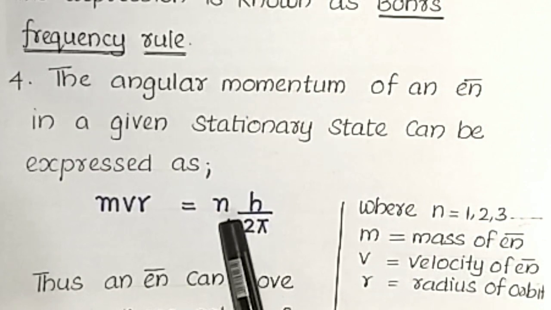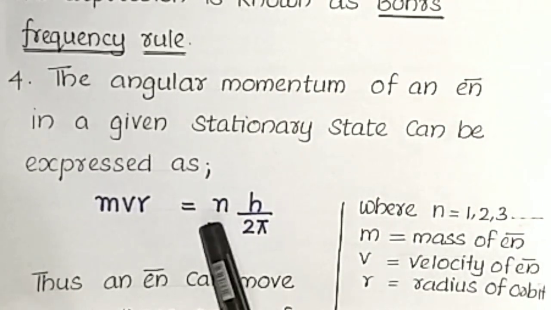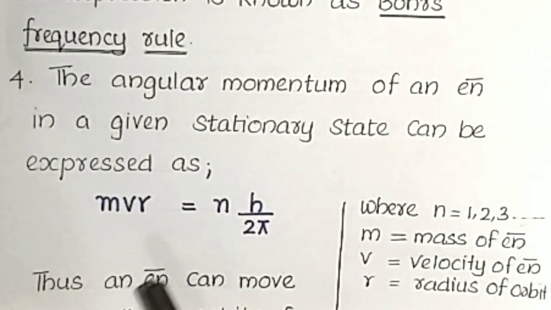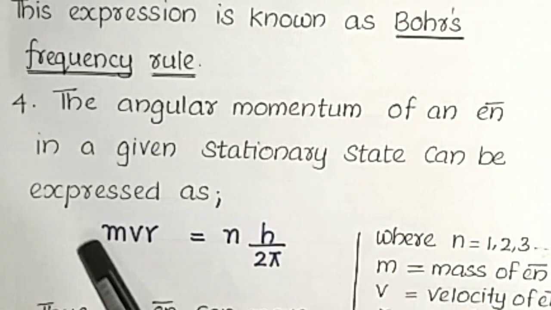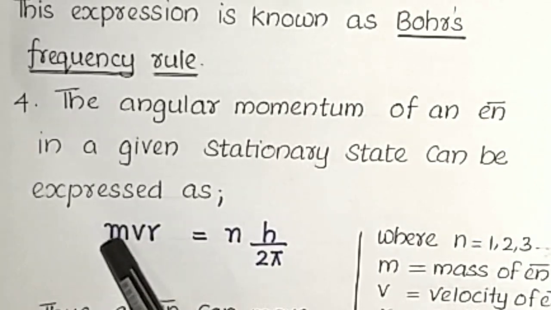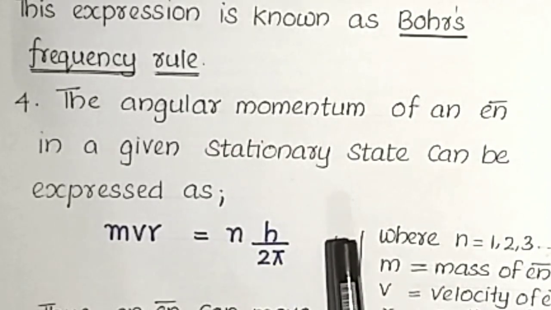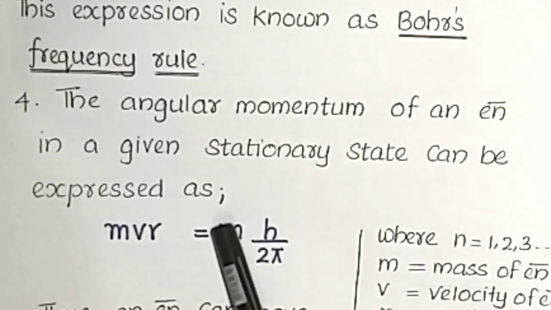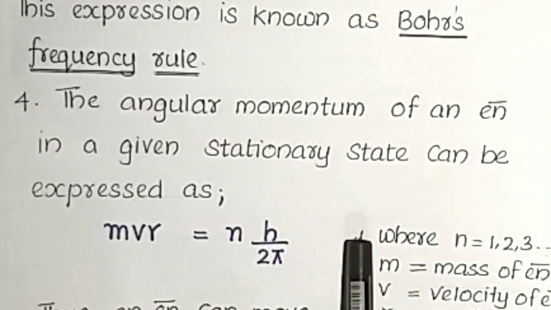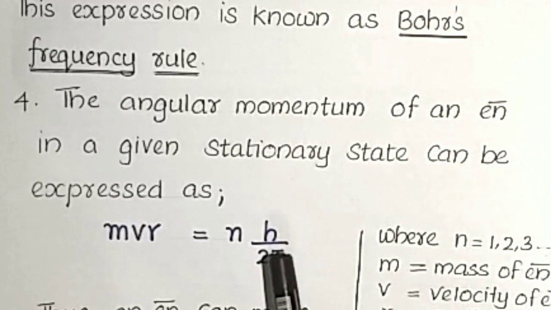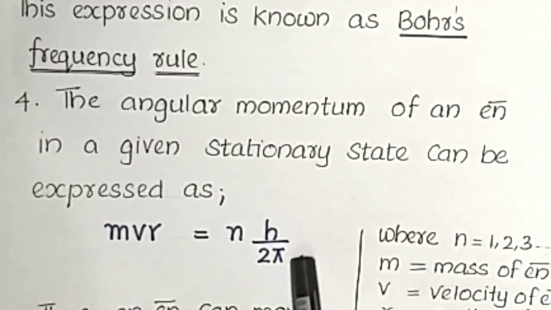That means n is equal to 1 is near to the nucleus, n is equal to 2, n is equal to 3, etc. So from this point we can conclude that the angular momentum means the presence of electron. So the electrons can move only around the nucleus in particular orbits. There is more space around the nucleus, but these electrons only revolve around fixed orbits.